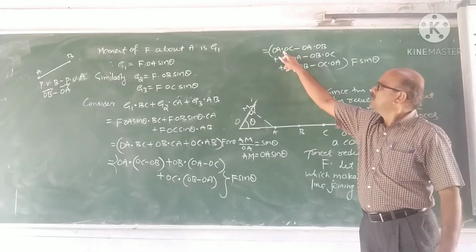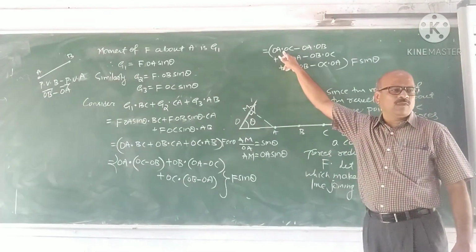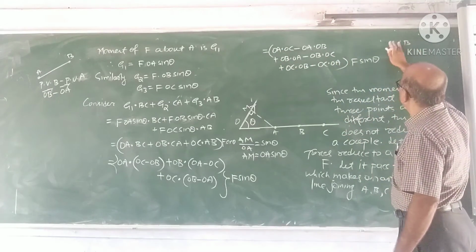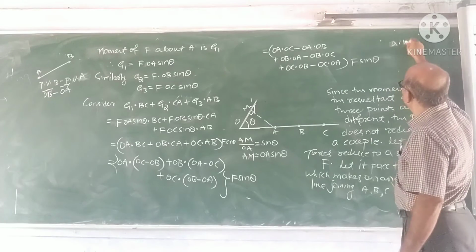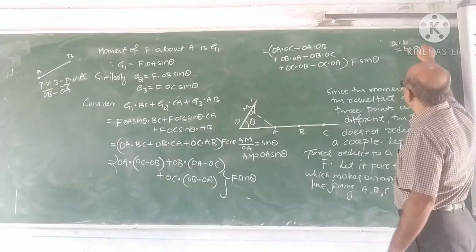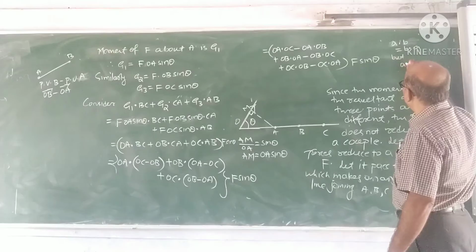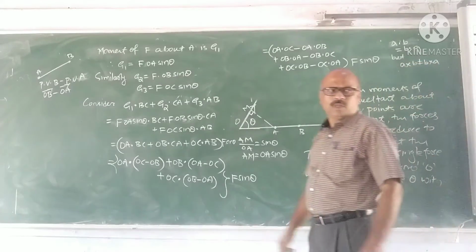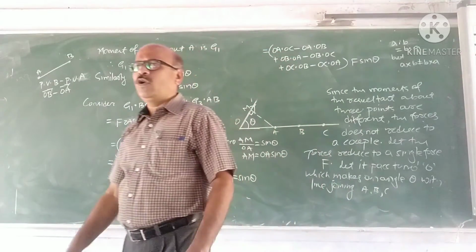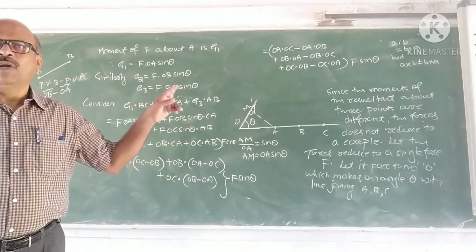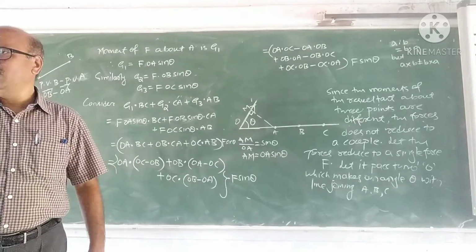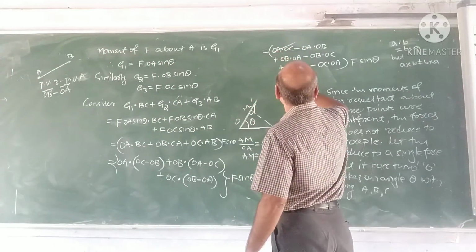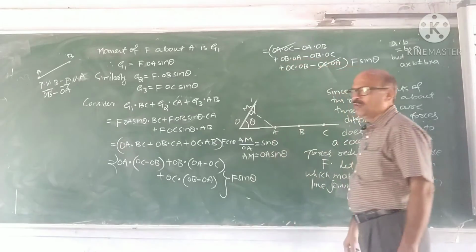Further, this is dot product and it is commutative. So A dot B is equal to B dot A. But A cross B is not equal to B cross A. You have studied this. Dot product is commutative, but cross product is not commutative. Since it is dot product, OA dot OC and minus OC dot OA cancel.